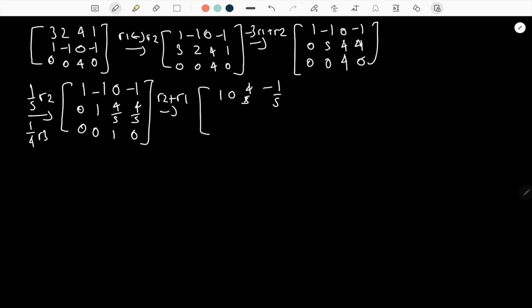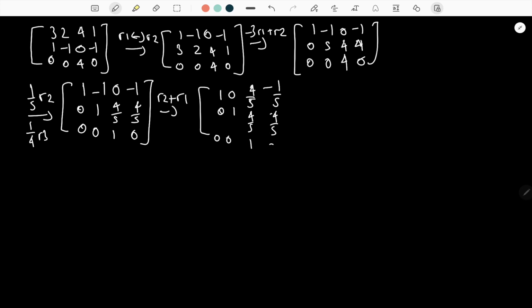You can use the calculators for this. Let me just move my handwriting here. And second row is the same, 1, 4 over 5, and then we have 4 over 5 again,